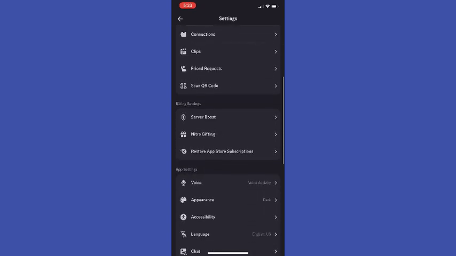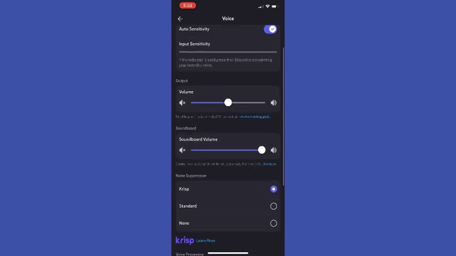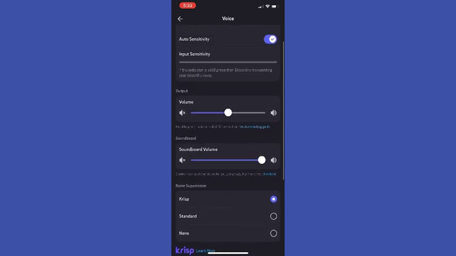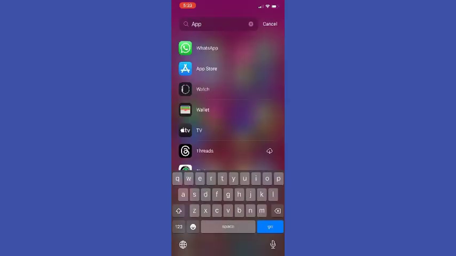So from here we want to tap on voice and make sure that your input mode is set to voice activity, not push to talk, just because our setting is to push to talk may interfere with the screen share audio. So if this fix does not work, or if this method does not work, what you want to